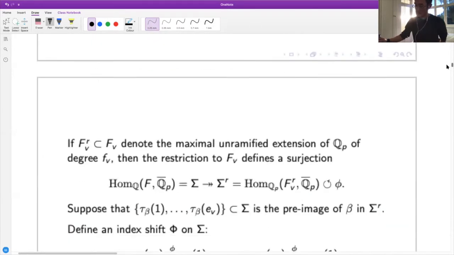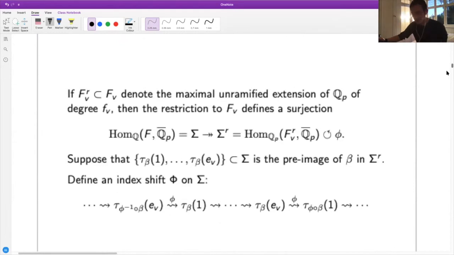Okay. So if I denote F_V^R to mean the maximal unramified extension of Q_p of degree residue class degree f_V, so this is inside F_V, then the restriction to F_V^R defines a surjection from the set of all the embeddings of F into Q_p bar to the set of all the embeddings of F_V^R into Q_p bar. And this surjection is e_V to 1, where e_V is the ramification index of V, in the sense that